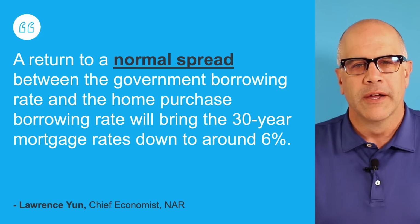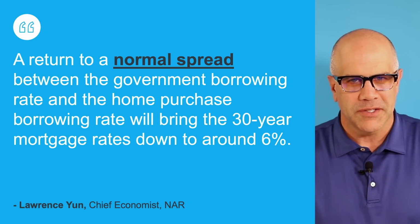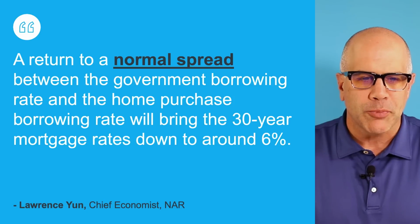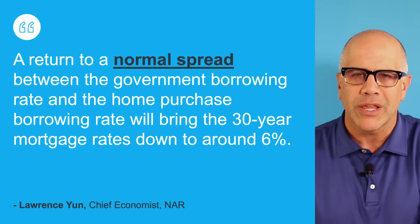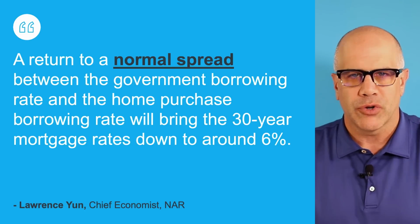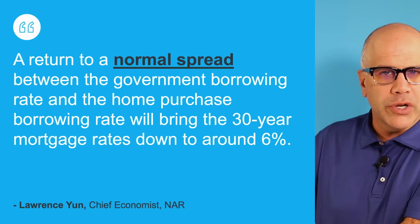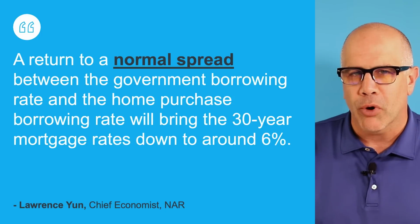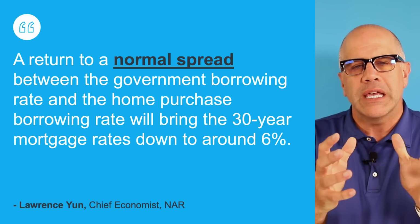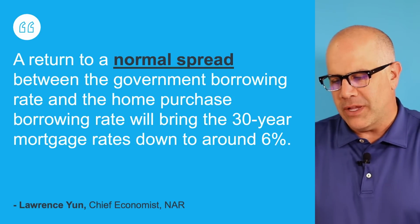And I've got 6 slides to break down here for that. We'll start here with a quote from Lawrence Yun, the chief economist at the National Association of Realtors, and he says this: "A return to a normal spread between the government borrowing rate and the home purchase borrowing rate will bring the 30-year mortgage rate down to around 6%." What's he talking about there? He's talking about the 10-year Treasury and the 30-year mortgage rate, versus the home purchase borrowing rate. And if I were to give you a visual that best sums this up, it would be this visual